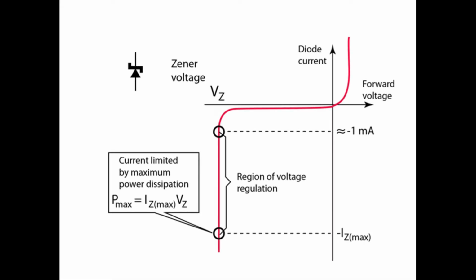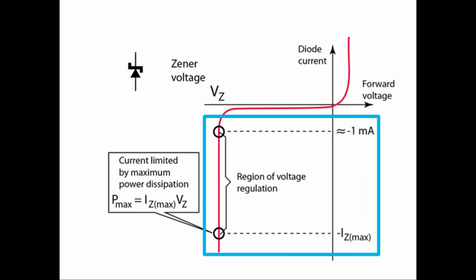Let us look at the voltage and current characteristics of a PN junction diode when operated in reverse bias mode. As it can be seen, in this region the current is varying in a wide range, but the reverse voltage across the PN junction diode is fairly constant. One can say that if a special kind of PN junction diode known as Zener diode is operated in reverse bias mode, then the voltage across the Zener diode will remain fairly constant, irrespective of a wide variation in the current through the Zener diode. This characteristic of the Zener diode makes it suitable for voltage regulator type of applications.